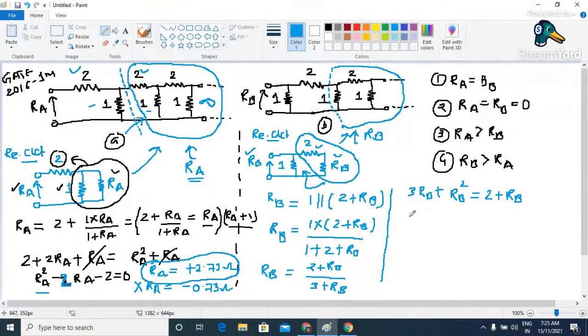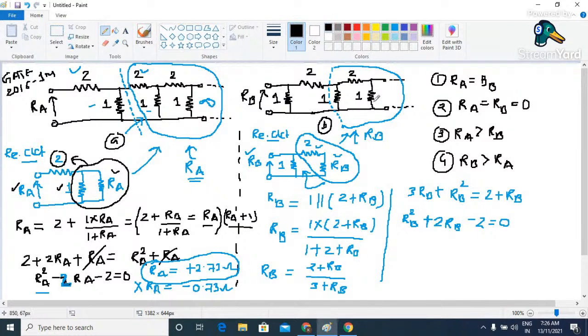If you further solve this, you will get RB square plus, because if you shift this plus RB to the left hand side, it will be minus. So 3 minus 1, which is going to be 2. So it is going to be RB square plus 2RB minus 2, exactly equal to 0. This is the quadratic equation which we need to solve now